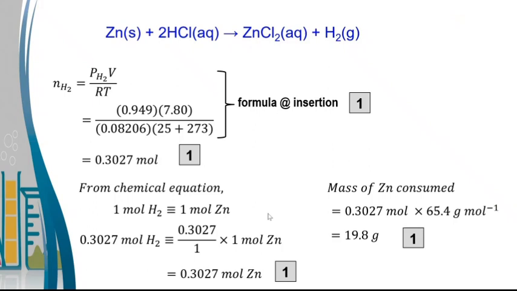Remember, if you straight away put number of mole of zinc equals to partial pressure times volume over RT, like this, you definitely wrong. This is the wrong method, because the PV equation is only meant for gas. So you need to show this part. All right, so let's proceed to